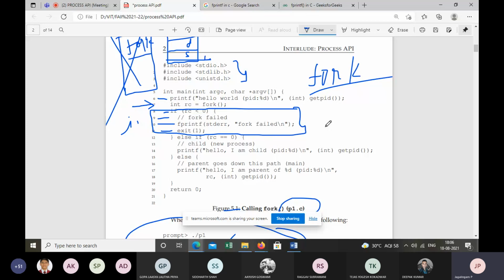Look at line 11. You have exit. What does it mean? Does it mean stopping the execution of the program? Yes, sir. Good. Please go ahead. Sir, I guess if RC is less than 0, the fork process fails, and stderr says where the error is, and the exit exits from the loop.